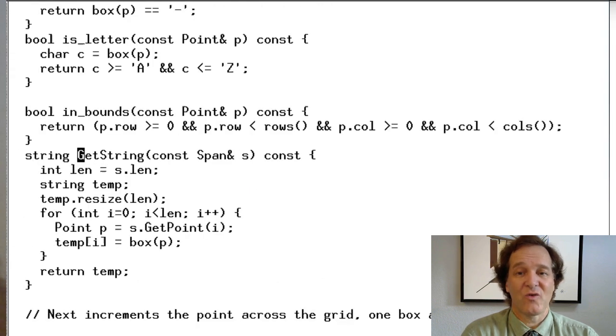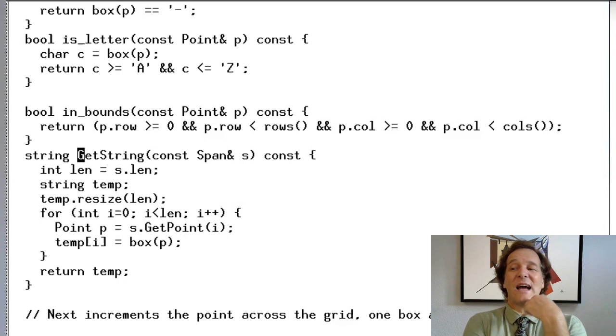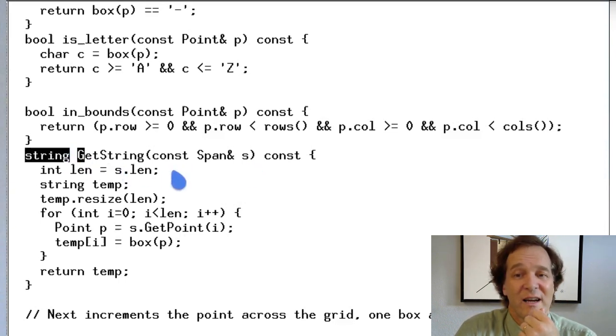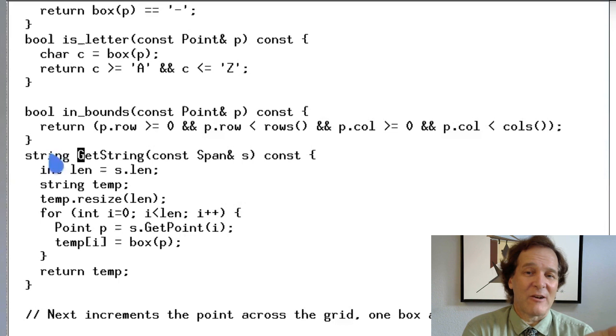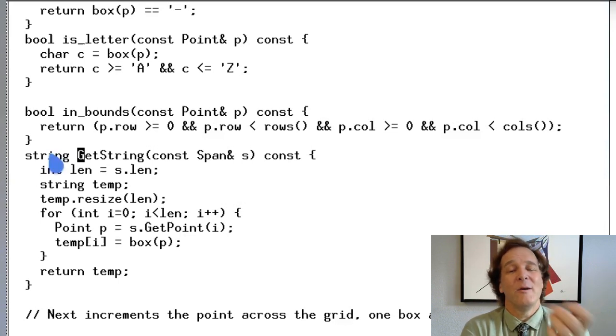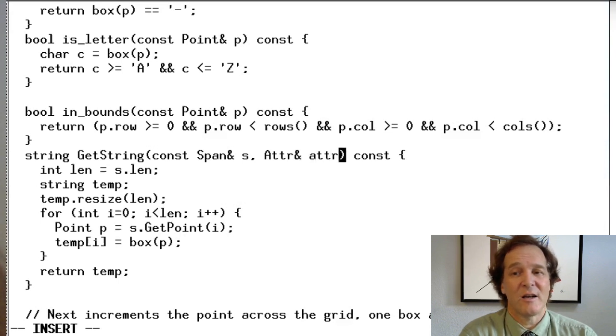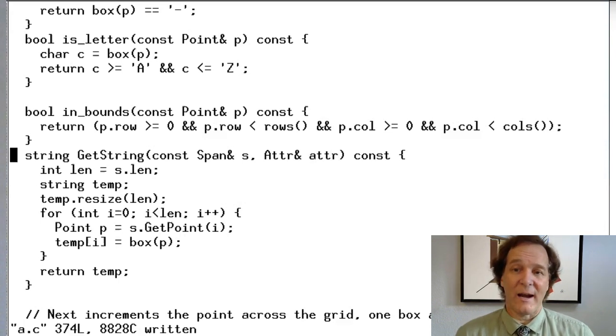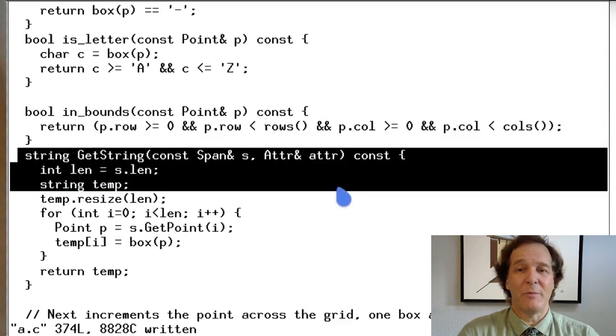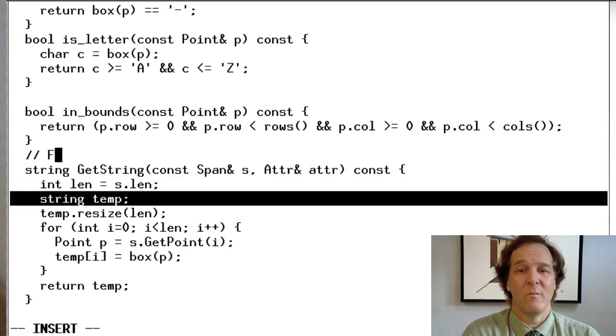I'm going to change the getString to return one of these attributes. Now we've already used the return for the string, and functions can only return one thing. Now it's true, we could make a complex data type to return this. We could have it return a standard template library pair, an STL pair. We could have it return a string and that attribute, but that gets kind of complicated. So an easier design pattern is just to say this is the input, but the output is also going to require another argument that's going to be the attributes. So when you call getString, it's always going to fill in the attributes. So we can even say that here. Fills in attributes